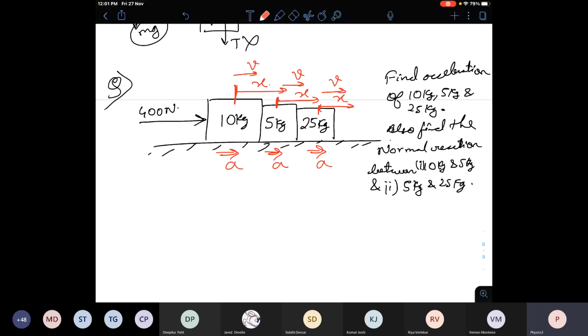If we want to calculate the acceleration, it is simple. Since they are moving together, you can combine the three blocks, that is 10, 5, and 25. If you combine them, it will become a 40 kg block on which a 400 Newton horizontal force is acting. Okay, in vertical direction also,